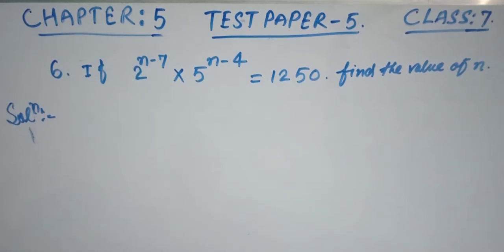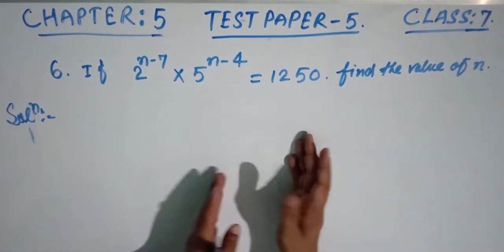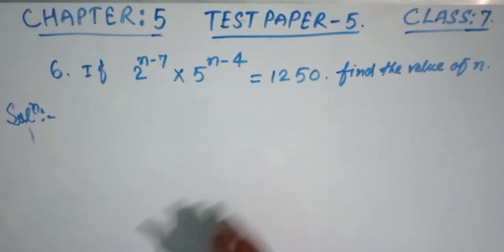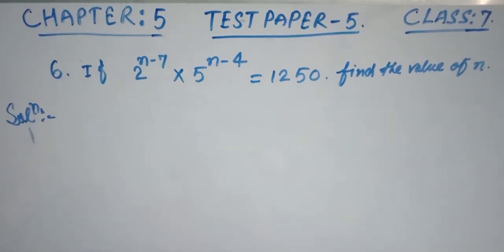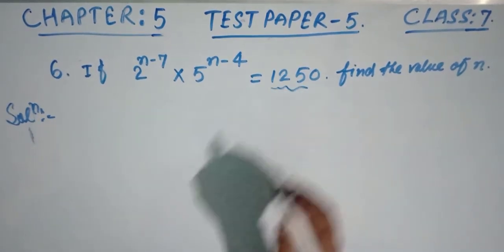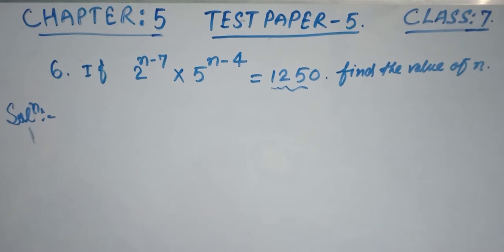So in such types of questions we will make the left hand side and right hand side with the same base. Whatever the exponent, it does not matter. If both the bases on the left hand side and right hand side are the same and carrying some exponent, then we can easily compare the exponents, equate them, and we will get the answer. Okay, now see friends, first of all we want to break this down by the factorization method.